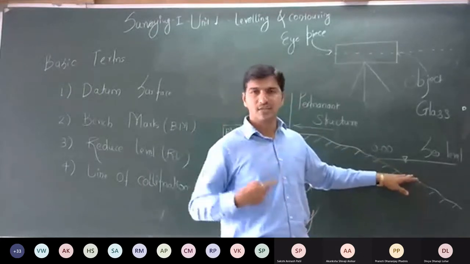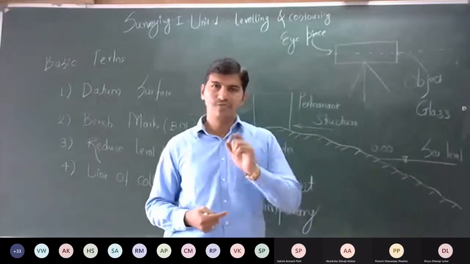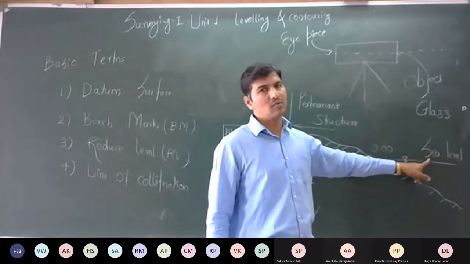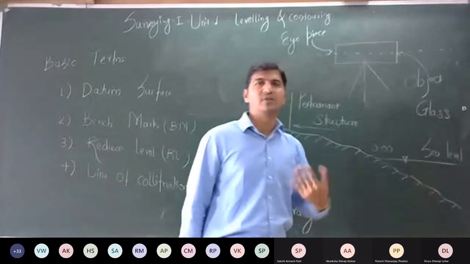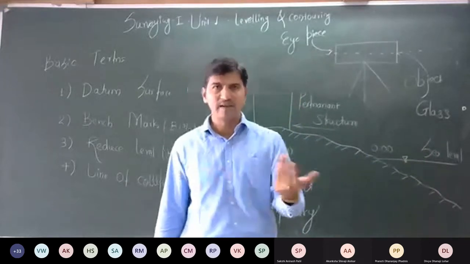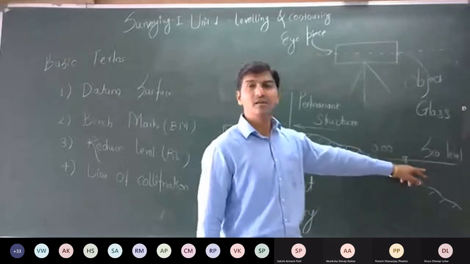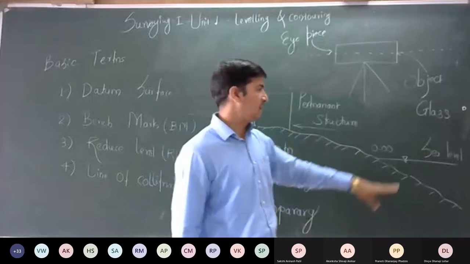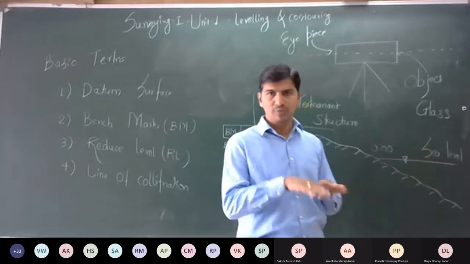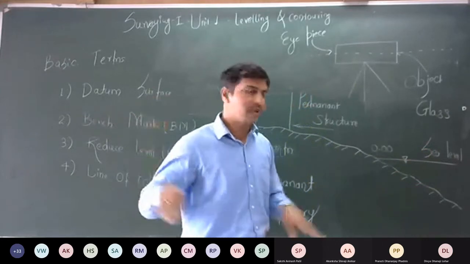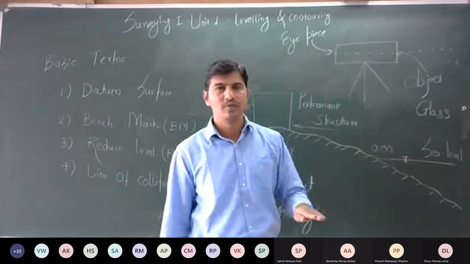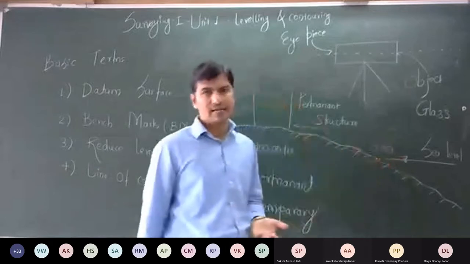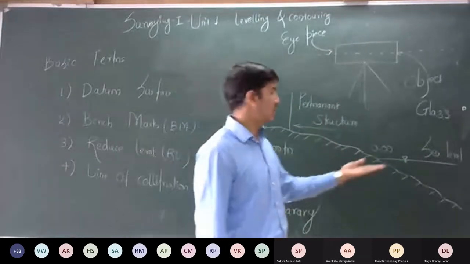Universally, the Survey Department of India has fixed one datum surface, which is the sea level at Karachi. Why have they fixed that sea level? Why not the sea level in our country, just behind us? Because it is very peaceful, with no undulations at that particular sea. We don't have many undulations of that sea. That's why that level is almost stable, almost constant all the time. This sea level is located at Karachi, and that level is taken as the datum surface.